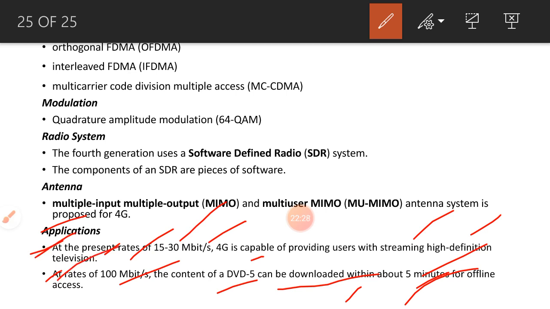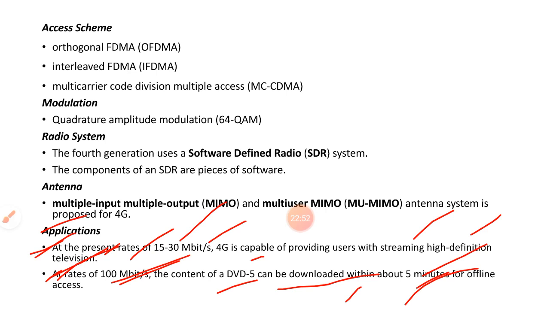So these are the two applications of the 4G technology. First, it will provide high definition television, and second, you can download data, pictures or videos from the internet with a minimum speed of 100 megabits per second. These are some of the points we have discussed in the 4G technology.